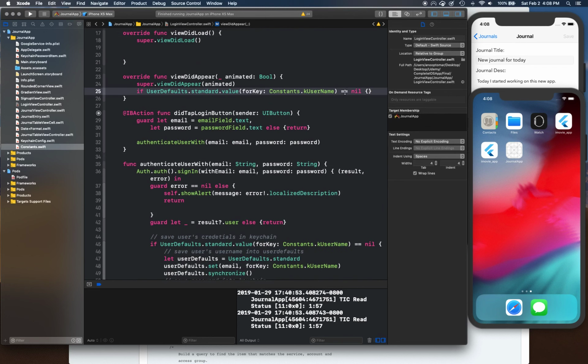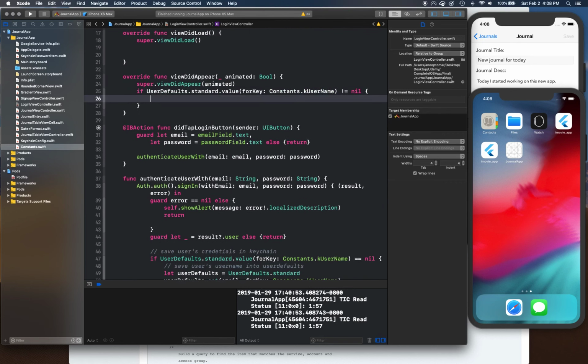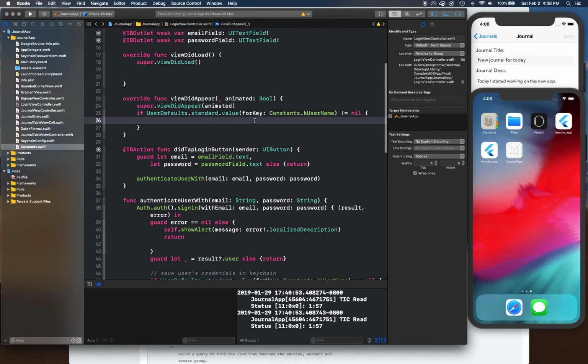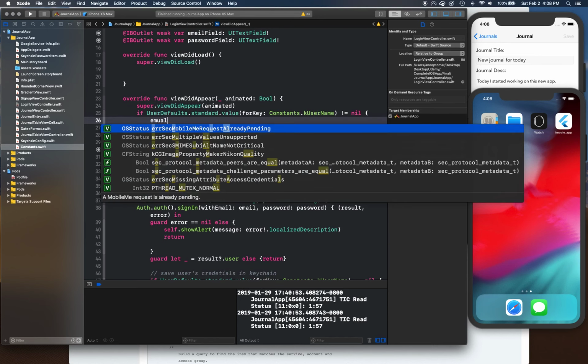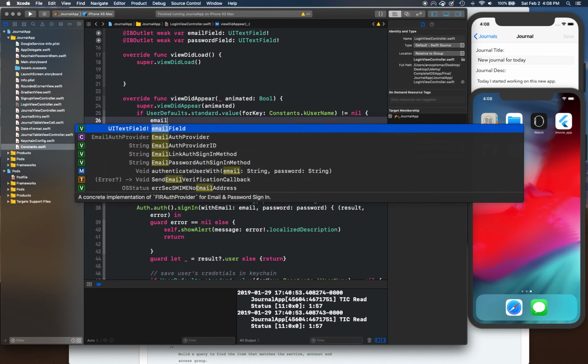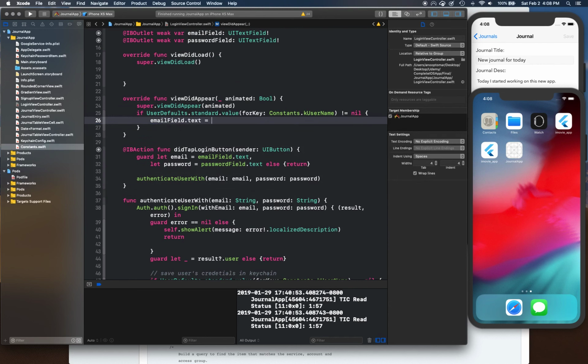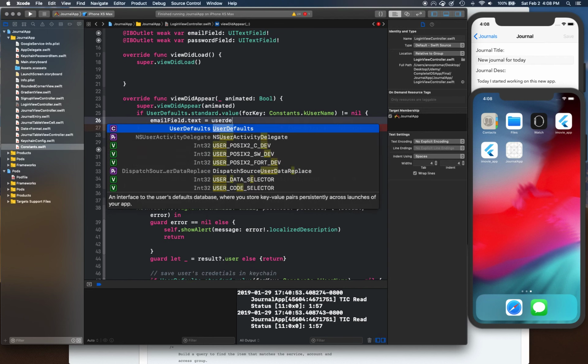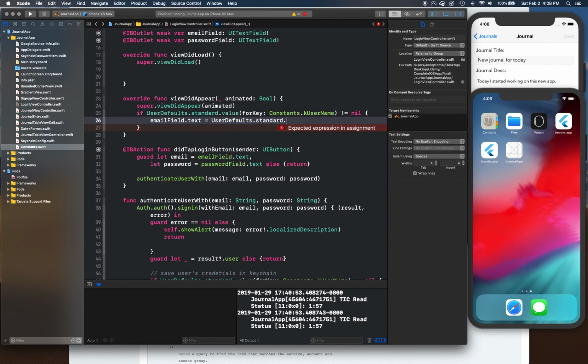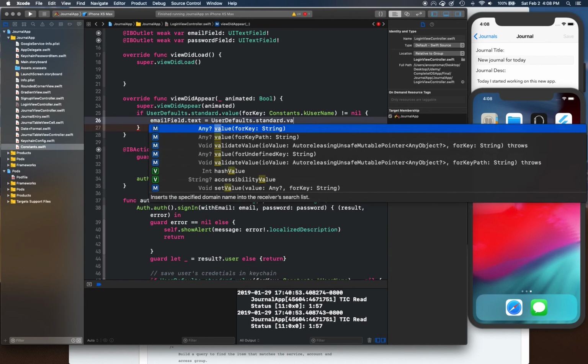So if this is not nil, so we have something for username, then we're going to say emailField.text is equal to UserDefaults.standard.value for,